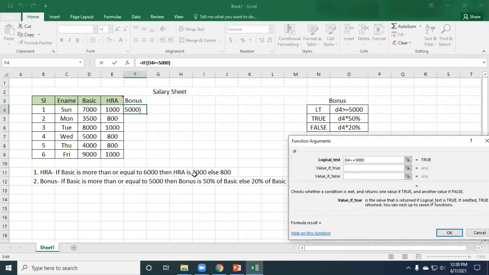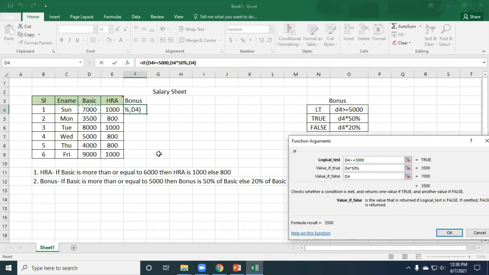In the last case we just did 1000. Now if the value is true, it will be 50% of basic, that means basic into 50%. If false, that means 20% of basic. Whenever you are applying any function, you have to click on the same row's value, because the same row's basic is this one.